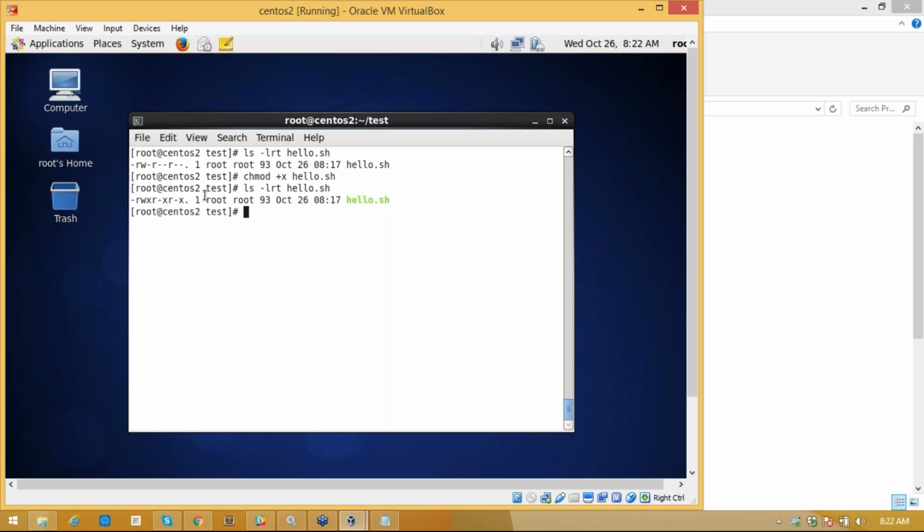Now once you have the permissions, if you are in a local directory, you can say dot. Dot is nothing but local. I want to execute hello.sh.